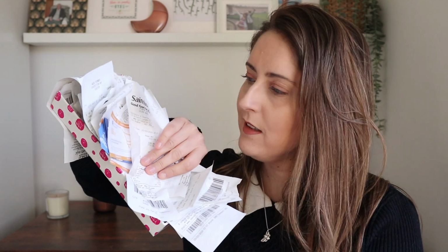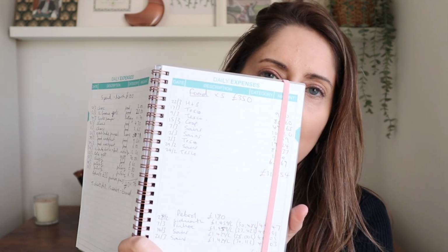And what I do is I save up all my receipts for the month. This is actually a whole month's worth. I haven't done my tracker for ages. I normally try and do it weekly as I go, but so far I haven't. So I've just put everything onto my tracker now, and I'm ready to share with you how I've got on